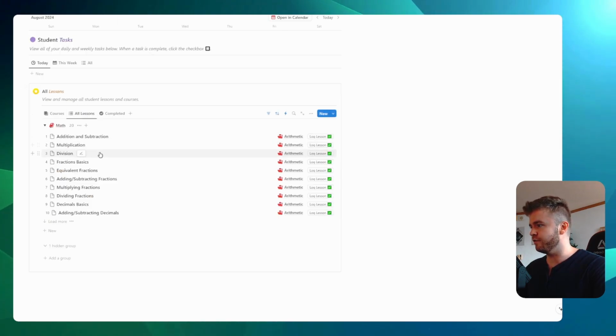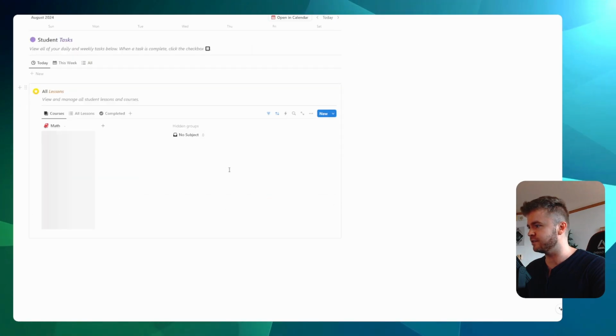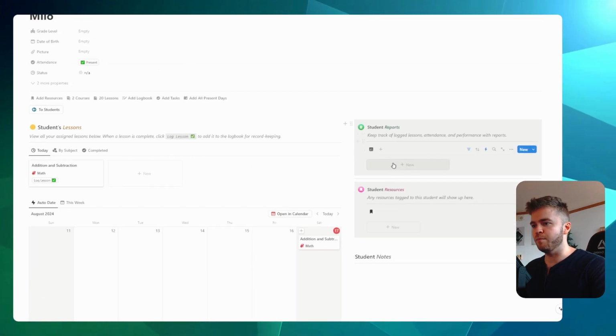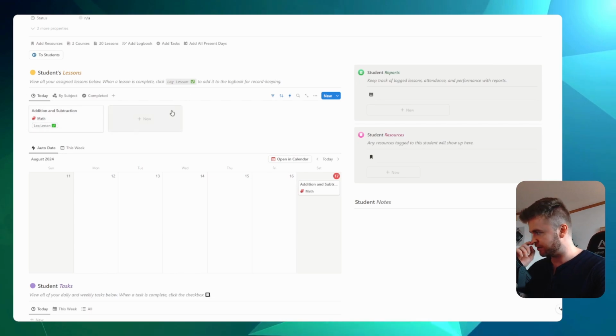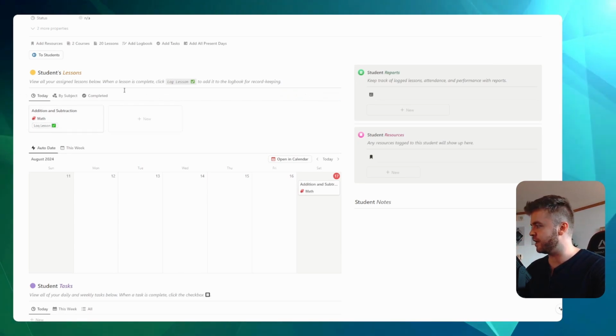We can see all of the lessons too that are here, and then all of the completed lessons. And then we have student reports and student resources. Student reports, I'll show you what this looks like in a bit. But let's take a look at what log lesson does, because this is a really important function of the Homeschool